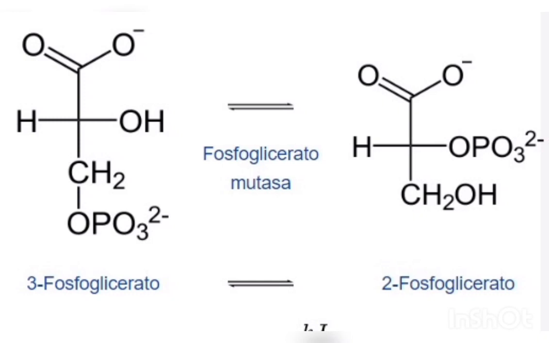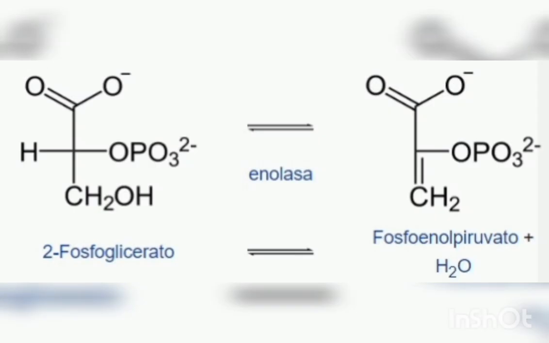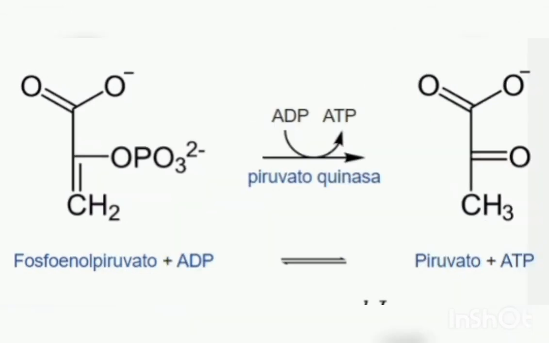Step 7, rearrangement. 3-phosphoglycerate is rearranged into 2-phosphoglycerate by the action of the enzyme phosphoglycerate mutase. Step 8, dehydration. 2-phosphoglycerate is dehydrated to form phosphoenolpyruvate by the action of the enzyme enolase. Step 9, final phosphorylation. Phosphoenolpyruvate is then phosphorylated by the enzyme pyruvate kinase using a molecule of ADP to